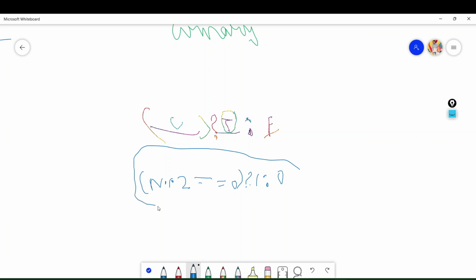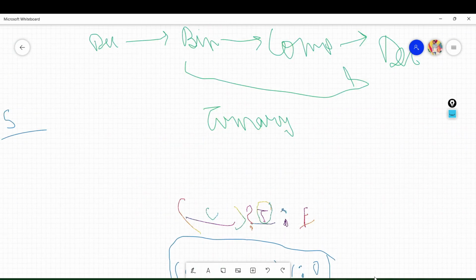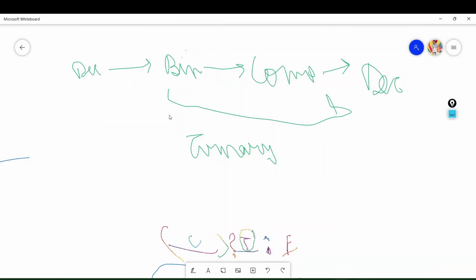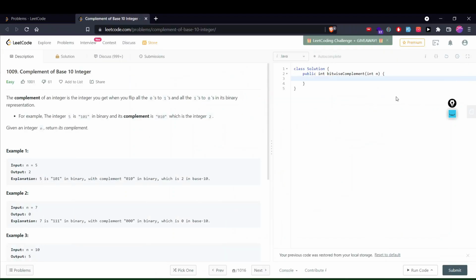So with the help of this statement, we have computed the complement of this part without manually traversing the binary representation. I think this part would be done using the ternary part, and now we have to manually convert this representation into a decimal form. So let me do this while writing the code, and I'll explain throughout.